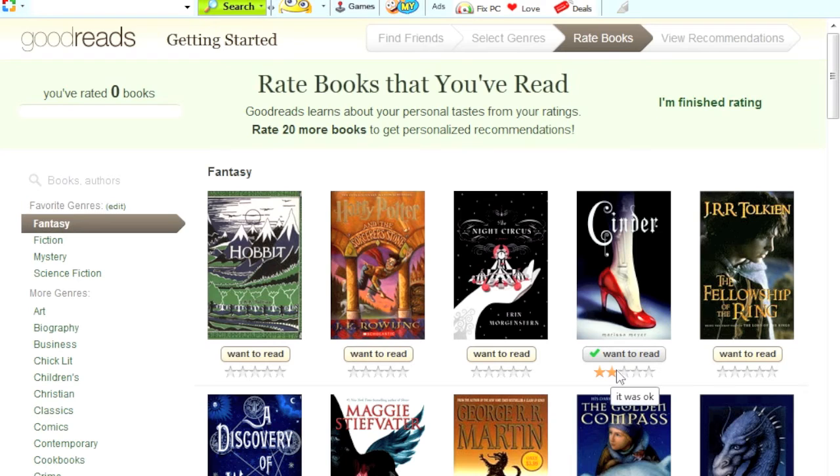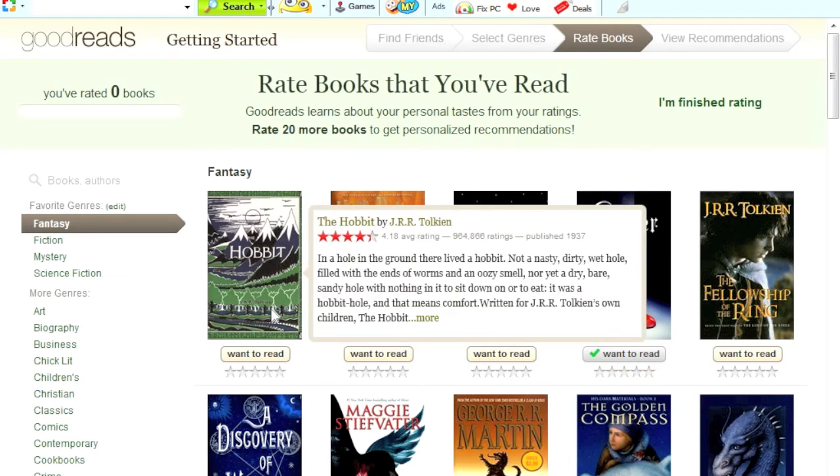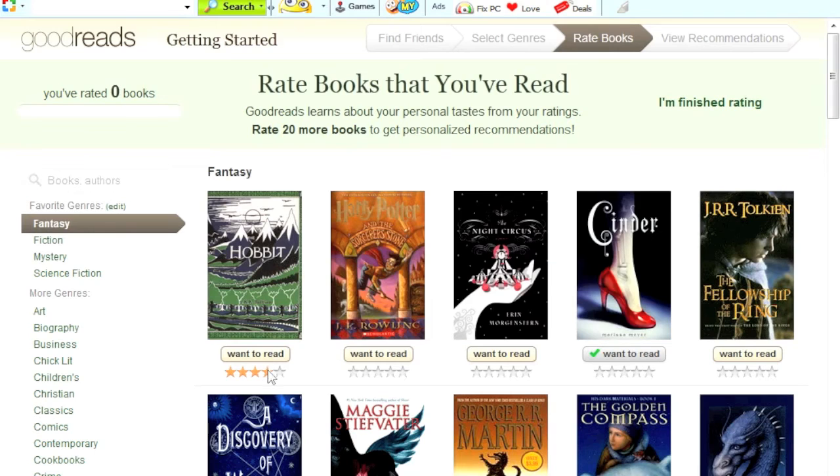Choosing 1 star indicates you did not enjoy the book, while choosing 5 stars indicates a strong enjoyment of the book. For example, I've read the first book, The Hobbit, and enjoyed it. I'll give it 4 stars. For clicking the 4th star, you will notice that Goodreads is keeping track of the number of books I've rated in the top left corner, and then I need to rate 19 more books before it can begin giving me